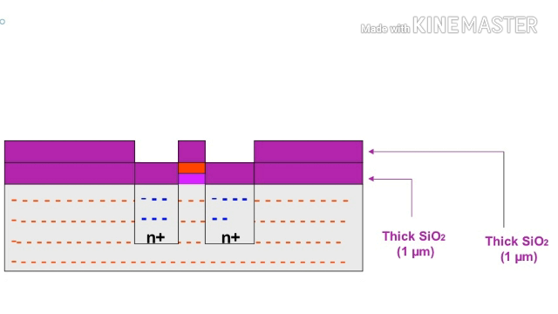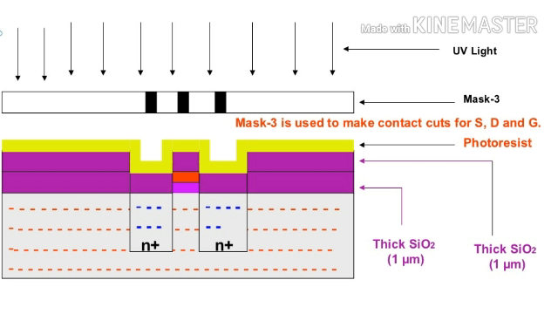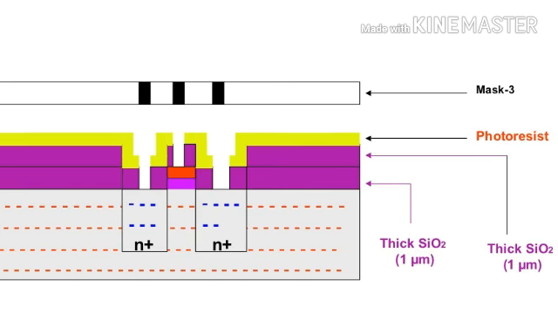In the next step, a thick layer of SiO2 is again drawn. The layer is 1 micrometer. The photoresist material is again grown over the thick SiO2. The selected areas of the poly gate, source and drain are exposed where contact cuts are to be made. As you see in the 17th step, the region of photoresist which is not exposed to UV light will become